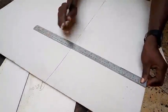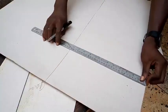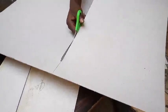Hello. Okay, so today I am making a 12 by 12 by 4 inches box. That's length, breadth, and height, respectively. And what I'm doing currently is cutting the cover for the flip, because it's a flip box,